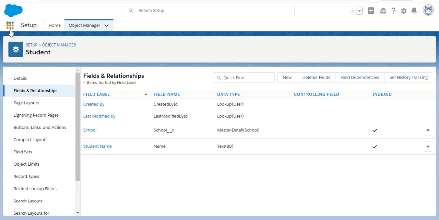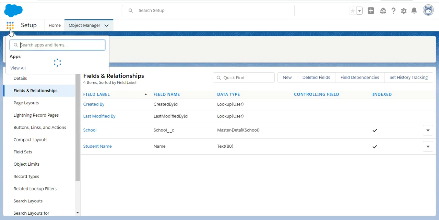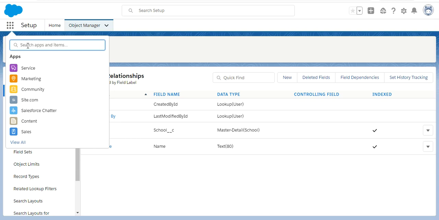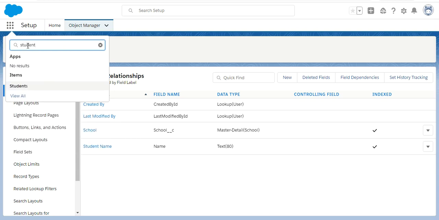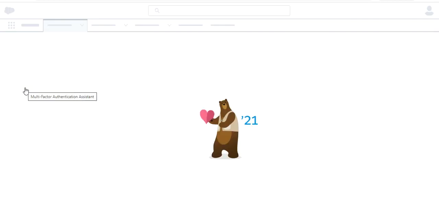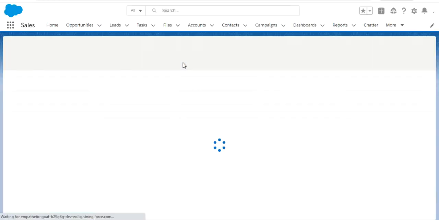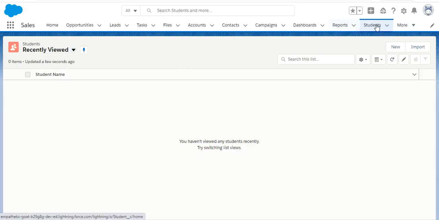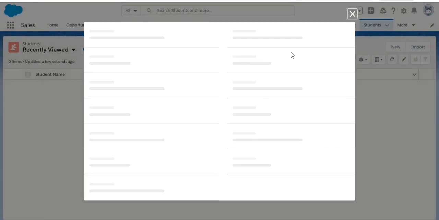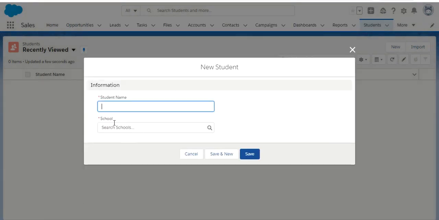Now let's try to create a record on the student object. I'm searching for the student. Here you can see it, and now I'm opening the student object. Okay, I'm in the student object, and from here we can create a new record. For creating a record, here you can see the School field, the relationship we created, and the field type is master detail.